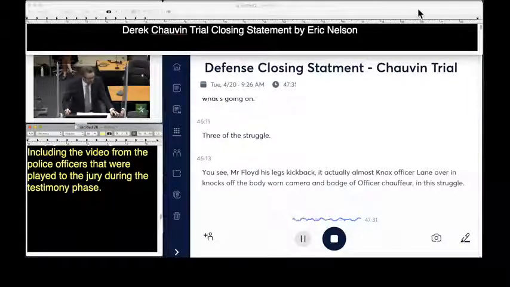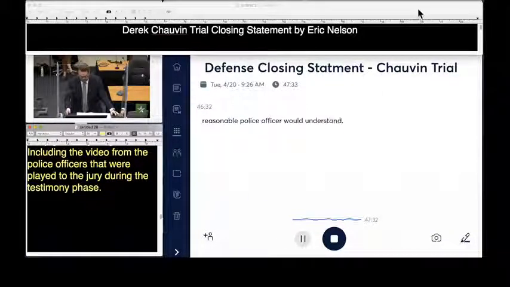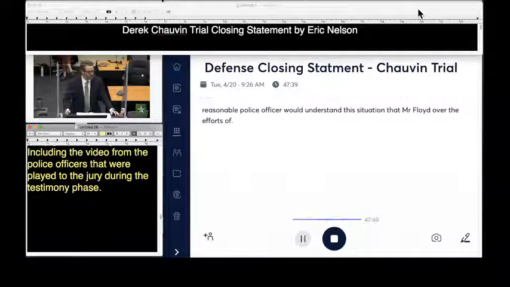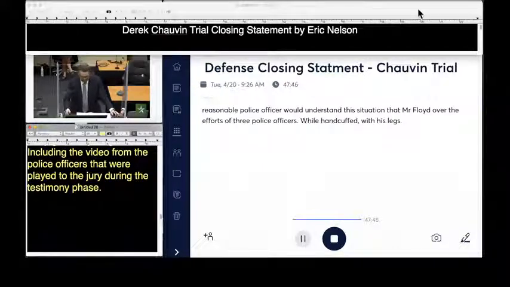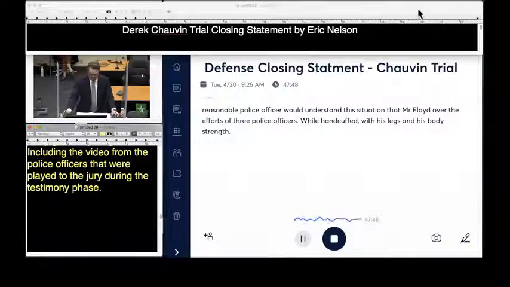A reasonable police officer would understand this situation, that Mr. Floyd was able to overcome the efforts of 3 police officers while handcuffed with his legs and his body strength. A reasonable police officer